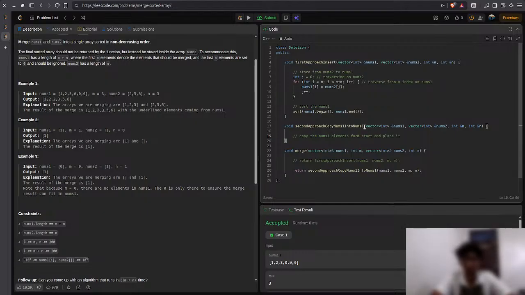Okay, so for int i equals 0, i less than,